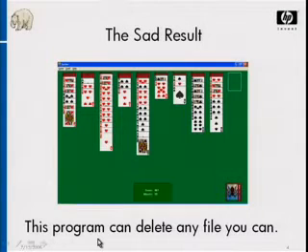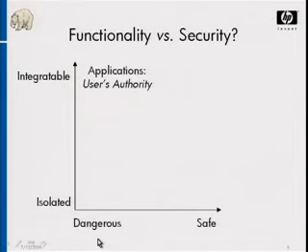The result of these accumulated myths on access control and the world taking the ABAC path is that we're left today with the sad result that Alan showed last week, which is whenever you run any program like Solitaire, you give the program all of your authority. This program can delete any file that you can delete. This is insanity. This leaves us open to today's malware, which is a very different kind of threat than the threats that people were concerned with when they did that early choice of paths.